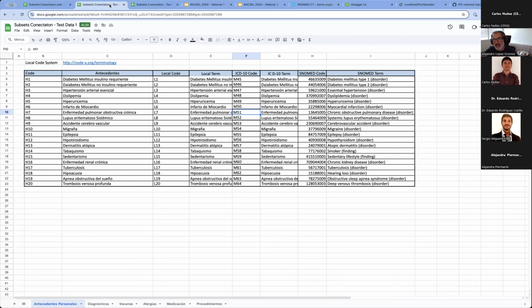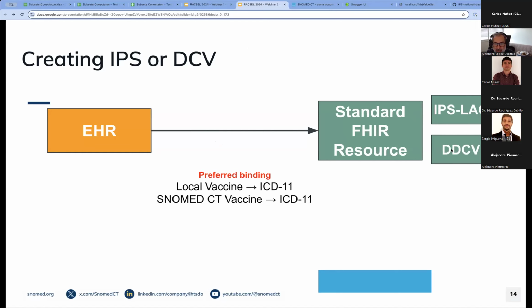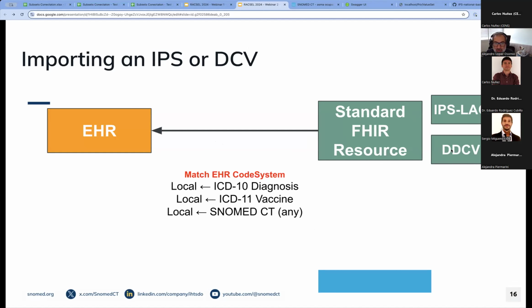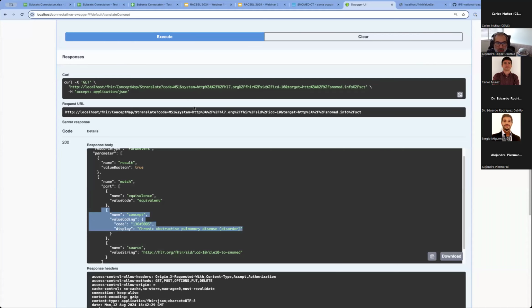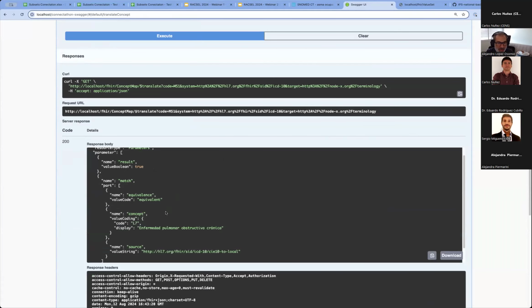All of this is based on the tables. The tables have been put together in the resources. So like this, then we can use it to comply with the IPS and what the vaccination certificate is requesting. You can use the mapping, but you can also use it the other way around. You can say, for example, we receive a standard document that comes with the code M51, which I don't know what it is, but we do have a local system, and we can execute the mapping the other way around,